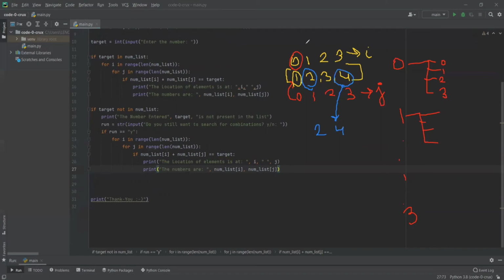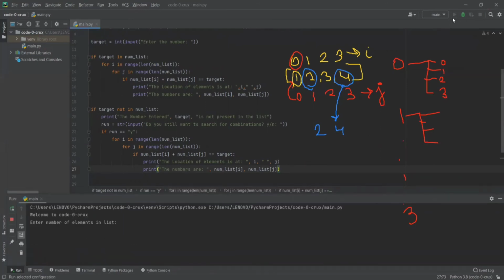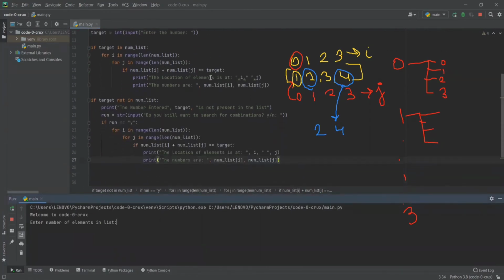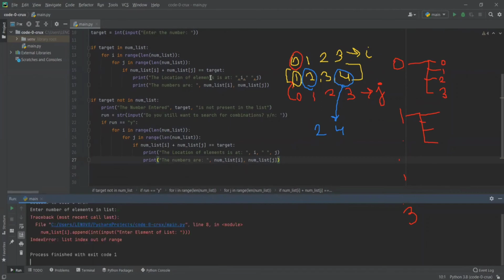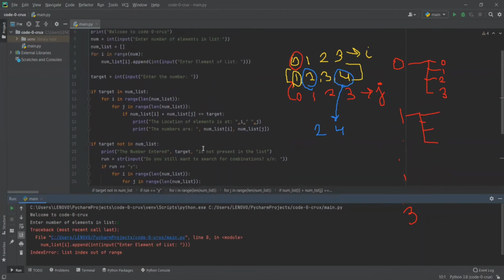Now I will start typing. Now let's run our code. The first thing it is asking is, how many elements do you want in the list? We will take our list which we have seen in the whole program. So Bhavesh, 4. Do you mind writing a break statement after all the if conditions?